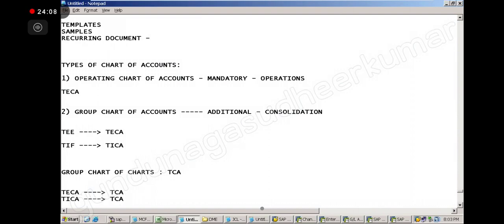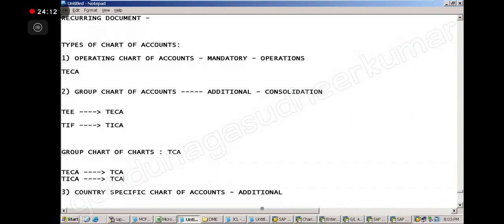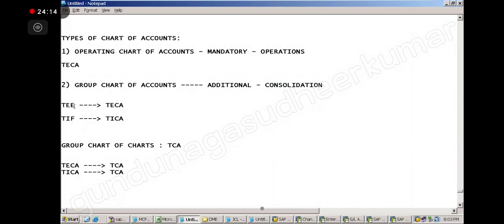So whatever accounts of TECA are here and the accounts of TIF are here, all the accounts are going to TCA. Correct? Okay, so that is the use of the group chart of accounts.